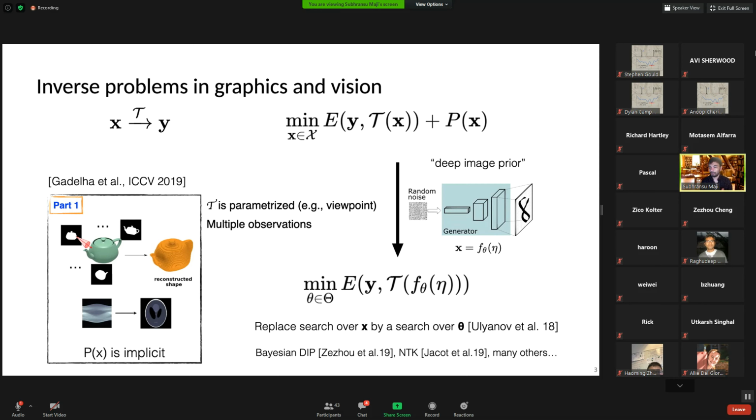And in fact, if you replace this p of x by the space of outputs that a neural network can generate, you induce a reasonable prior over natural images. So that was the idea in this deep image prior paper by Ulyanov et al. And you can think of why this works by thinking of a random neural network as a Gaussian process, and similar observations have been made by other people as well. But the main advantage is that now you can replace p of x using a parameterized neural network family, and the optimization